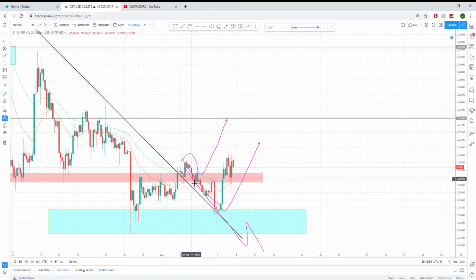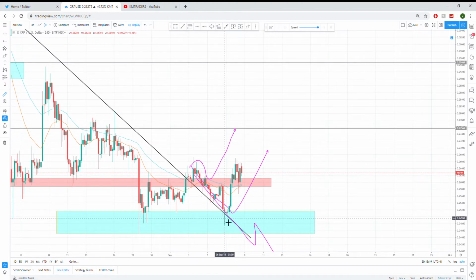In terms of where we were off here, if I was to buy from this level, what I would want to see is a push to the downside, which it did, and then a push to the upside, breaking above the red zone, which it failed to do twice. And then the push continued all the way to the blue zone, which acted as support due to this